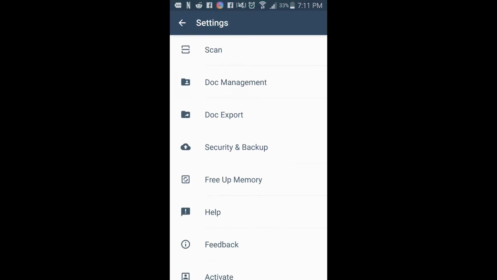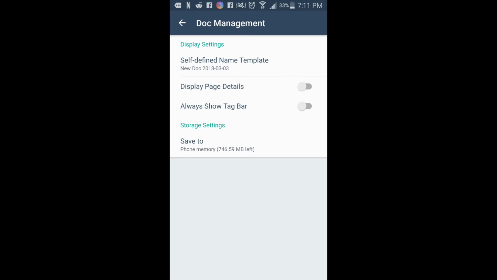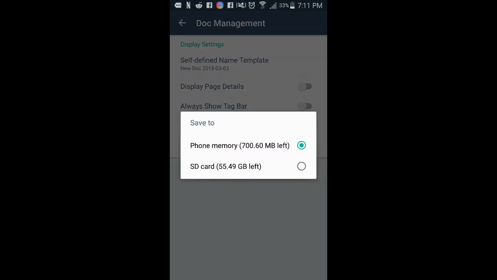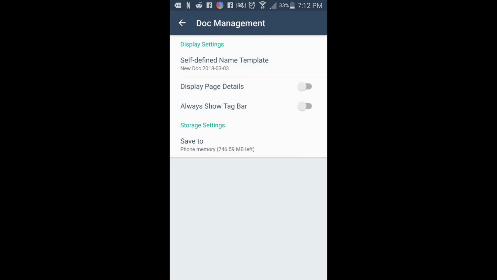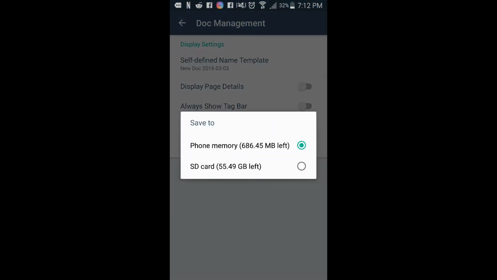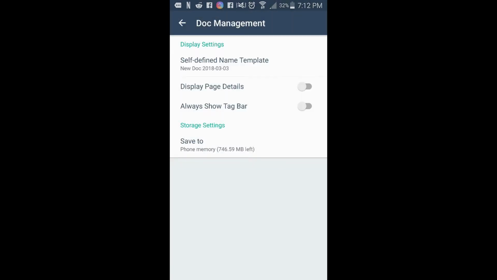In settings, you can go to doc management, and you can have things like display page details. I have no idea. I don't ever look at that stuff. Save to phone memory or SD card. I should probably save to the SD card. But actually, I'm not sure where that's going to be, so I'm going to say SD card. And no, I'm saying phone memory. Anyway,